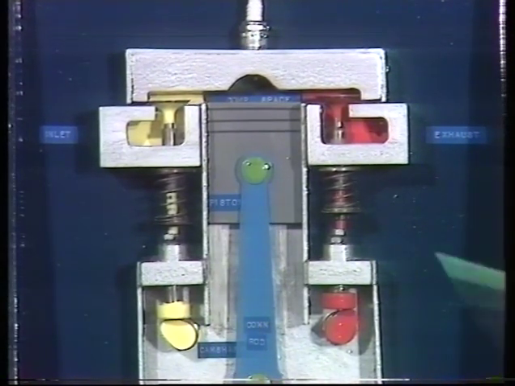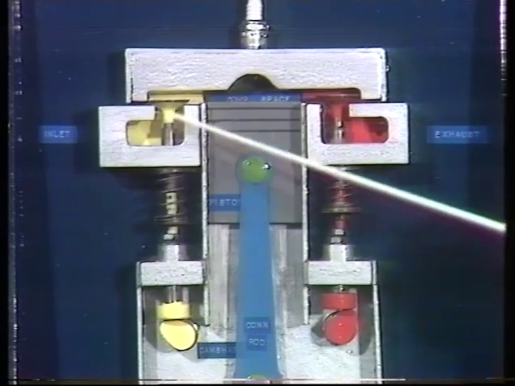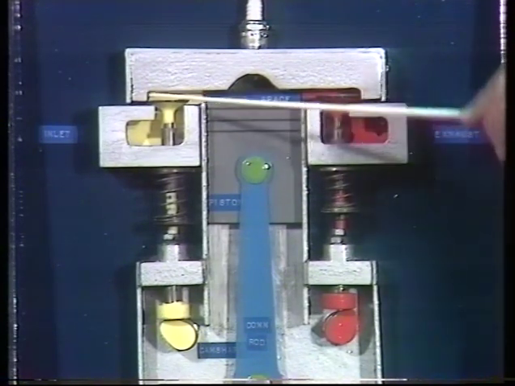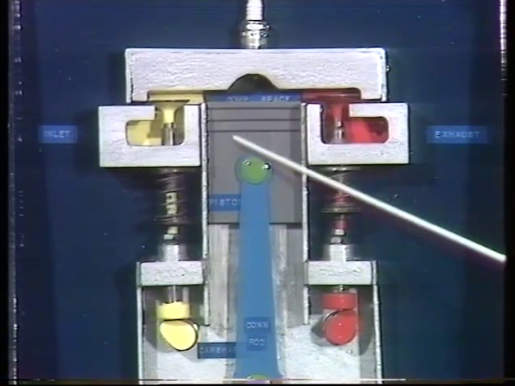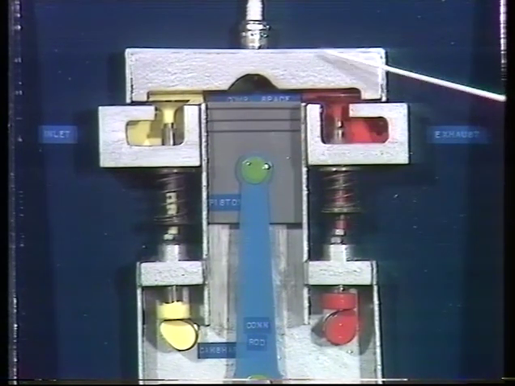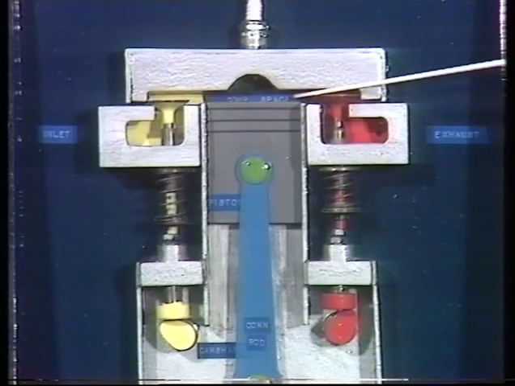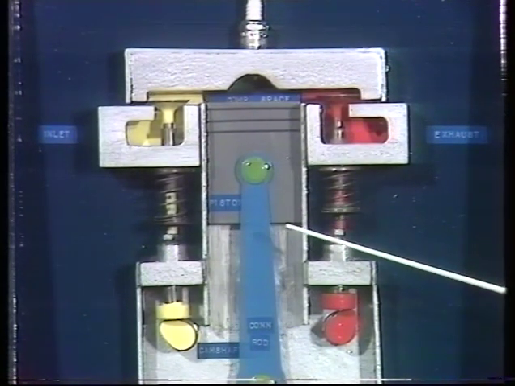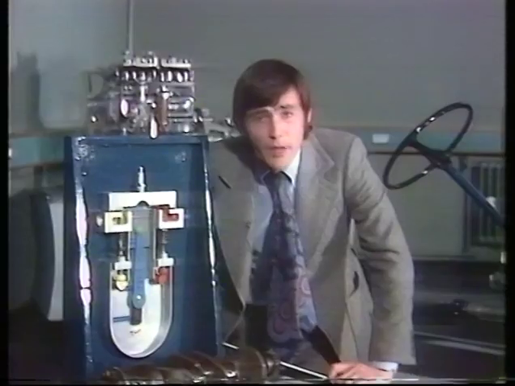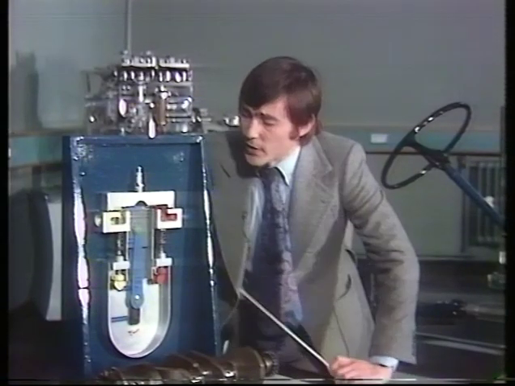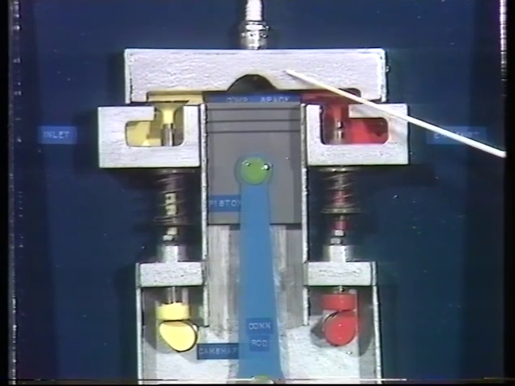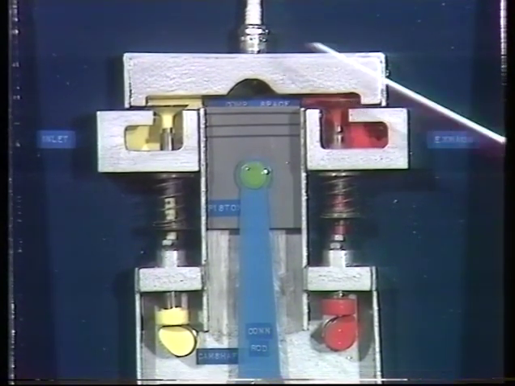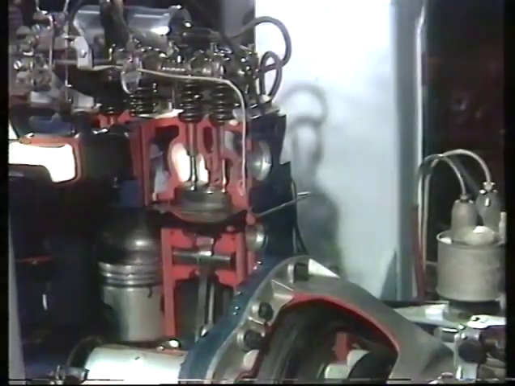They're not very efficient because in order to allow room for the gases to come in and go out, you have to have this area here. And because no one has yet succeeded in devising a T-shaped piston that will compress that area as well, all that is wasted space. It makes for low compression and indeed low revs. Wouldn't it be a good idea, said someone, if we could move the valves from here at the side of the cylinder block into here, into the cylinder head itself? It was a good idea, so they did it.